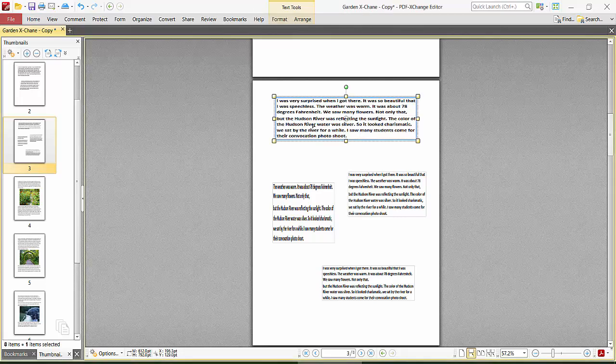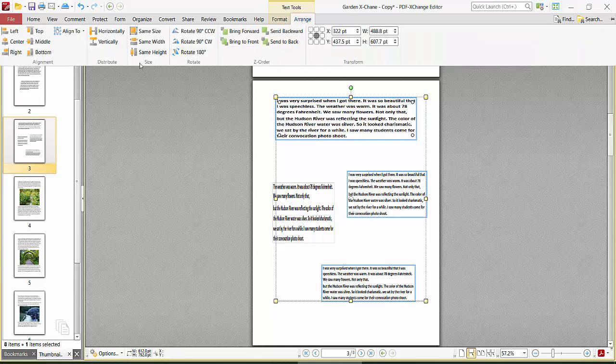Now click on this text box, press and hold Ctrl, and select another one, and also select the third one. Now click on this Arrange option and select Align To. You can align to selection, align to key object, and align to page. I will first show you align to selection,